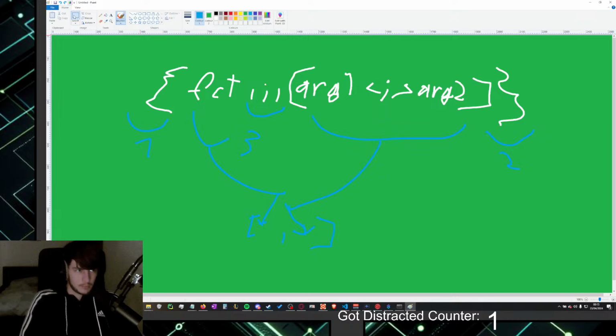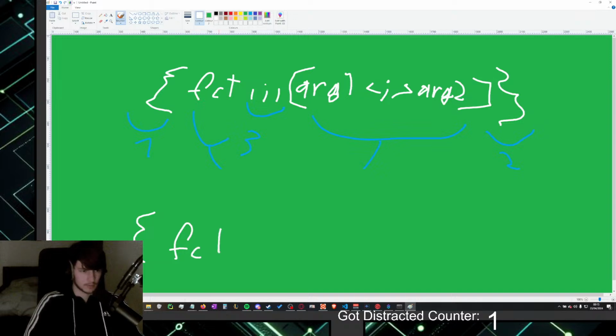Now, how do we improve that? Let's make a little bit of space here. What would be better is if we keep the curly functions, and function names can't have a comma.